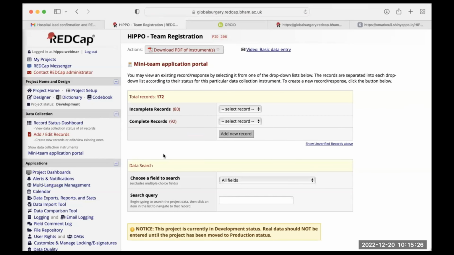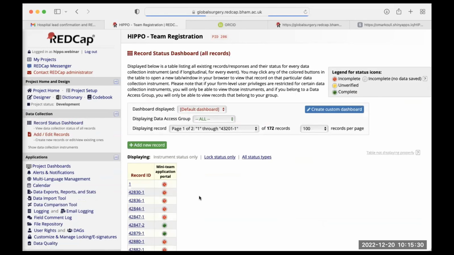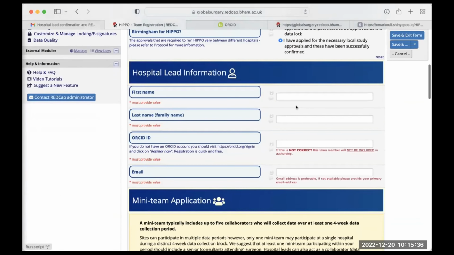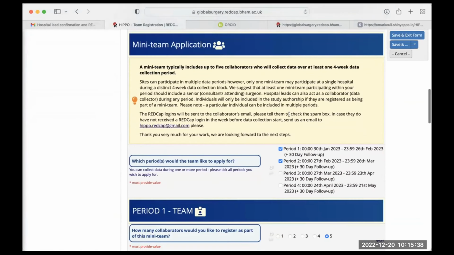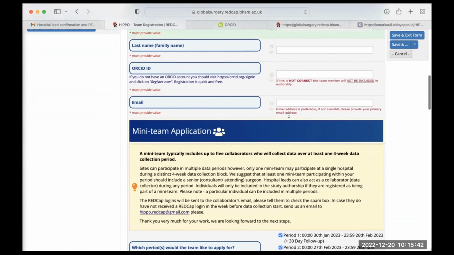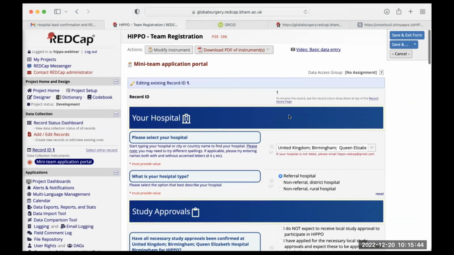And then when you go to the record status dashboard, you have here this one, which was the one that I was doing. So you can edit all the fields again. So there's no problem. Okay, thank you. No worries.